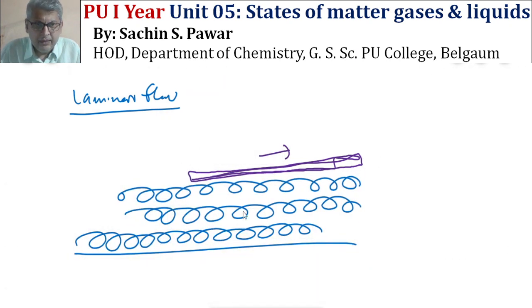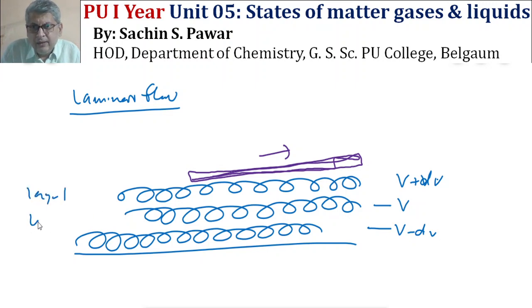All these layers are not going to flow with the same speed, they are not going to move with the same speed. The first layer will move with a little bit higher speed. Suppose this first layer is moving with a velocity v, this will move with velocity v plus dv, and this will move with v minus dv. So all these layers, layer 1, layer 2, layer 3, all these layers of particles will be moving along with this